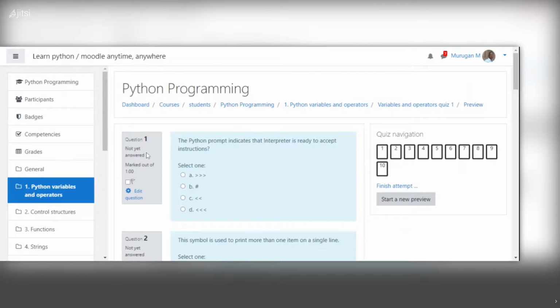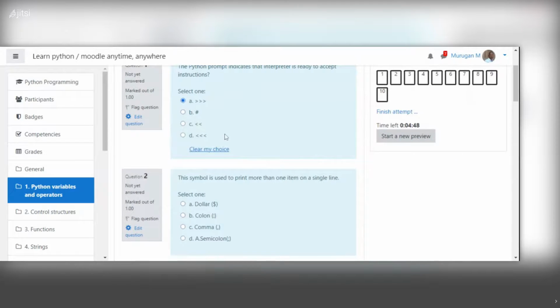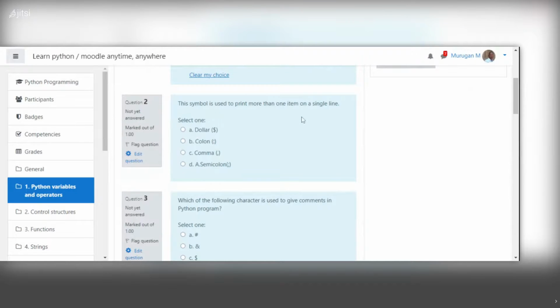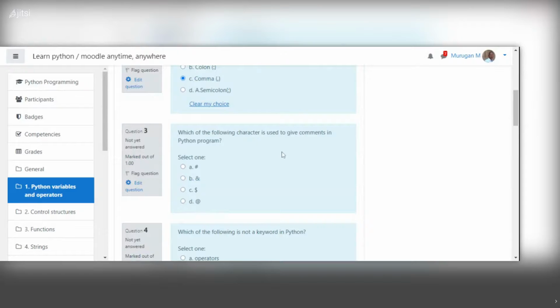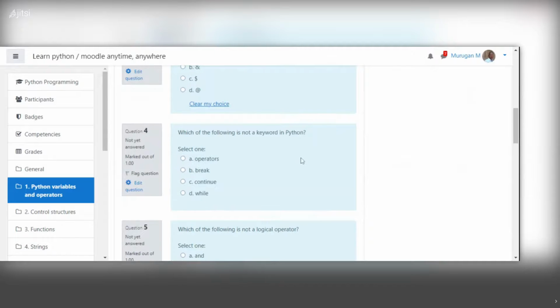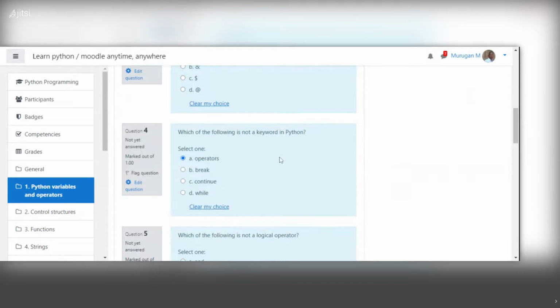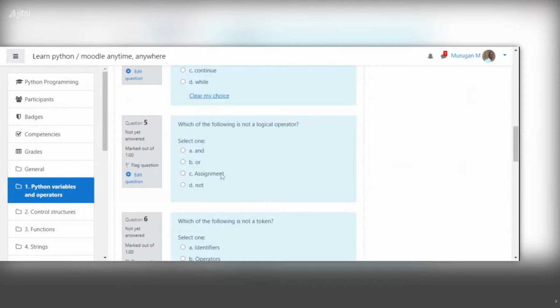So this is the first question. The Python prompt indicates the interpreter is ready to accept instructions. Now I choose this answer. The symbol is used to print more than one item on a single line. I choose comma. Which of the following characters is used to give comments in Python? I choose the first option, hash. Which of the following is not a keyword? Operators. Which of the following is not a logical operator?